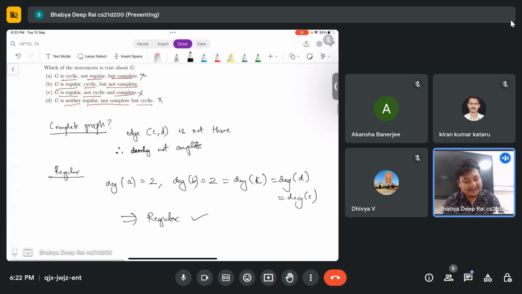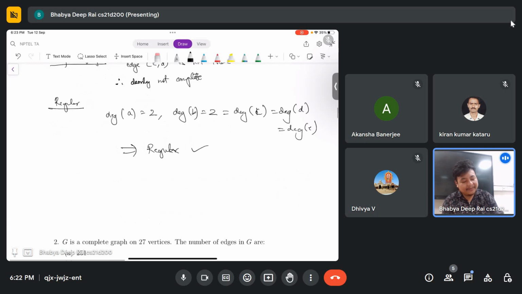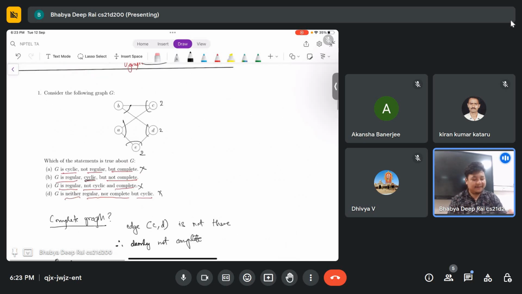Which means B is the correct answer from here. But we can also check for cyclic anyway. So this graph, it is cyclic. Why? Because in fact it is a cycle. It is a stronger statement. It's not just cyclic, but it is a cycle, because I can rewrite it this way: A, D, E, and D goes to, I'll flip B and C here. I'm just flipping them together. Imagine them to be